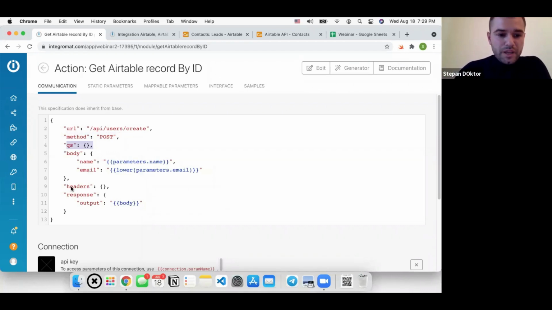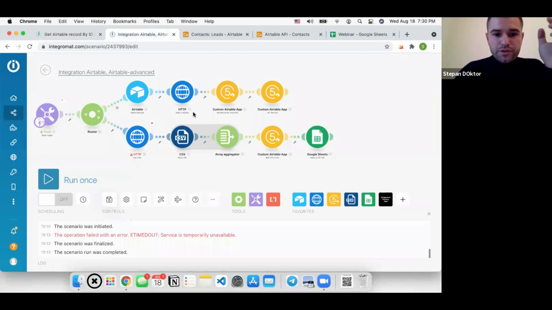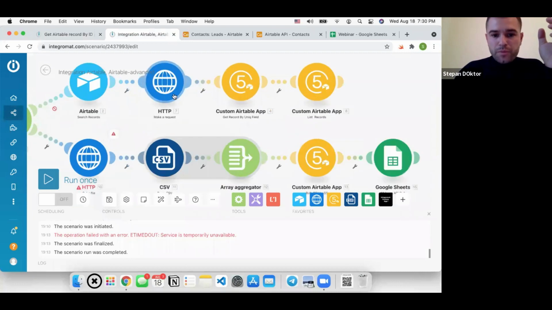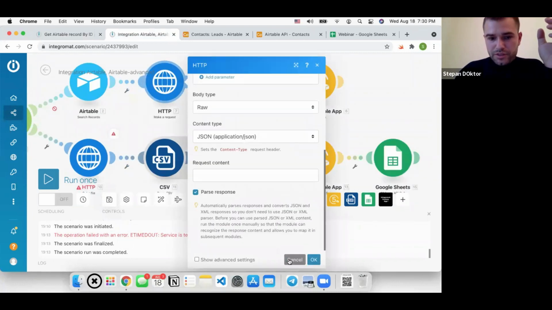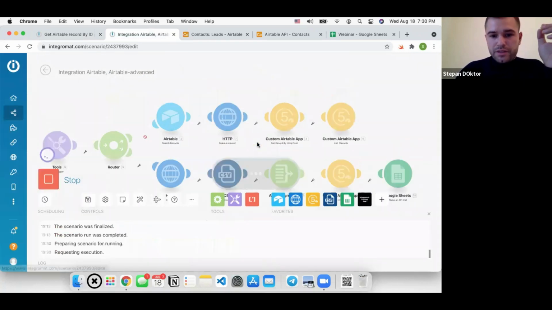Then the body, if you need some headers. And the most interesting thing is the response, right? So this response directive is responsible for how Integromat should output your response. So let's say you're making an HTTP request. I can even show it to you here. I prepared a simple HTTP request that gets a list of leads. And if I run it,